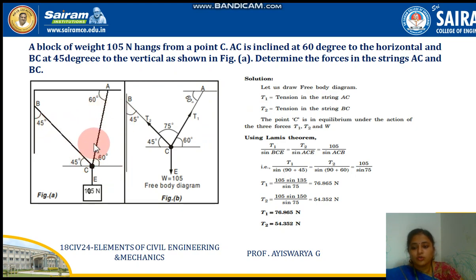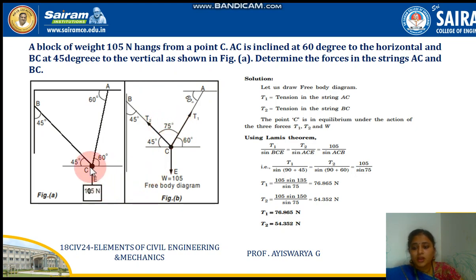Okay. First we shall look at how to draw the free body diagram. They have given the hint that this is 60 degrees, which means the alternate angles are equal. So the alternate side will also be 60 degrees. Just plot it, 60, 60. And if this is 45, then at this particular side you just draw a perpendicular line, and this will be 45. If this is 45, then automatically this particular point will also be 45. Right. See, 60, 45 and this is 45. So 90 minus 60 will be 30 degrees. So 45 plus 30 is 75 degrees. That's why in the free body diagram they have given 75 degrees directly.